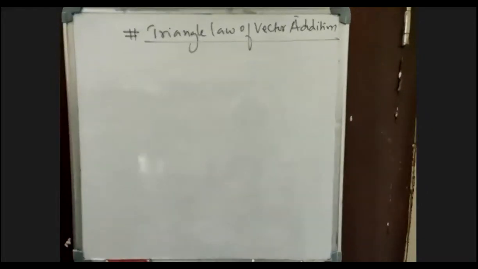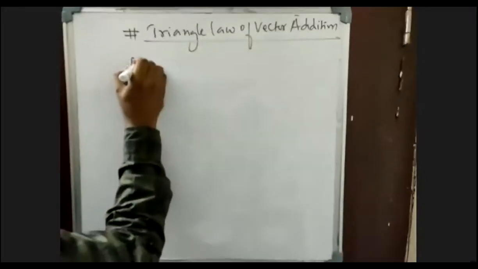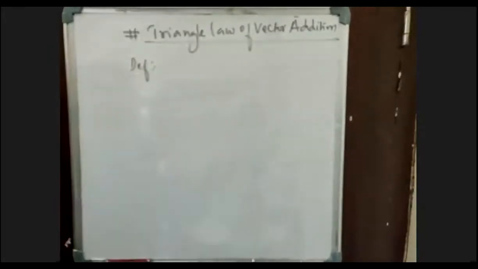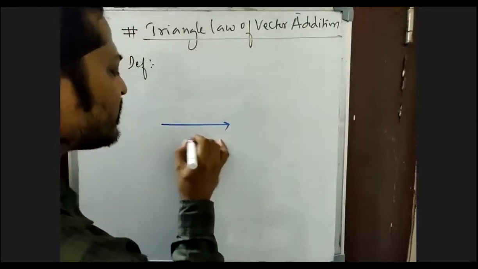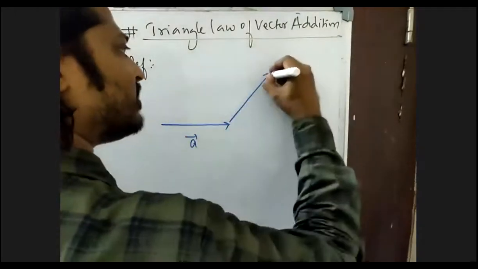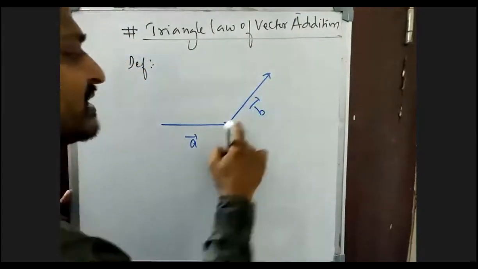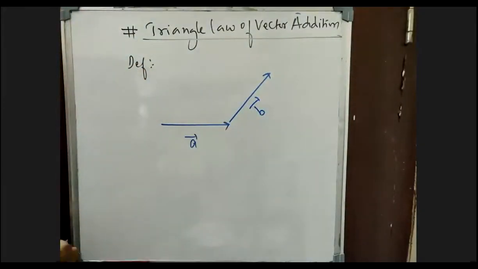The definition says that whenever two vectors are being added in such a manner. Triangle law definition I'm trying to give you here. First try to understand, then I'll give you the definition. Say we got two vectors: this is the vector A bar and this is the vector B bar. Which method, beta? Head to tail method.